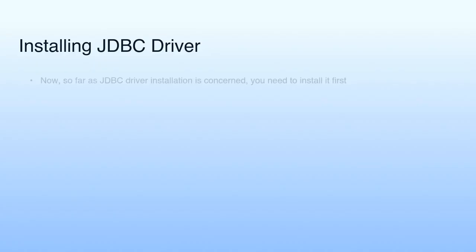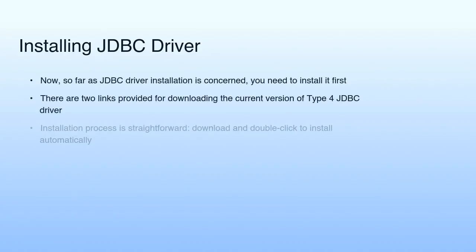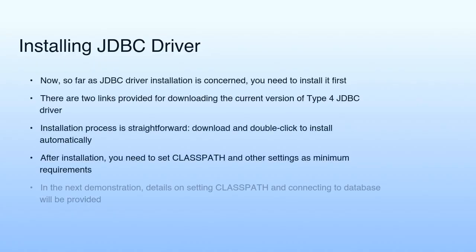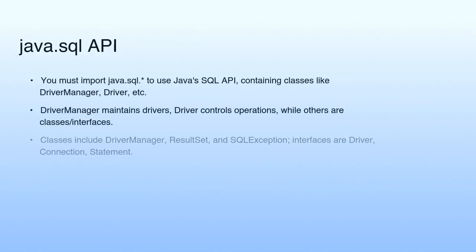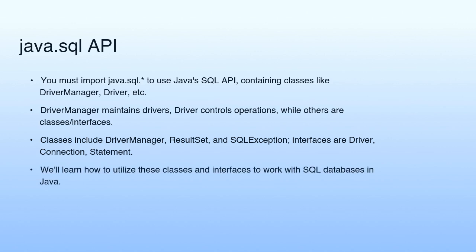There are 4 types of JDBC drivers available: ODBC Bridge, native API partly implemented in Java, Net Protocol, and direct connection to remote databases. Using JDBC involves 5 key steps: loading the driver, creating a connection, connecting to the data source, executing SQL statements, and processing the results obtained.